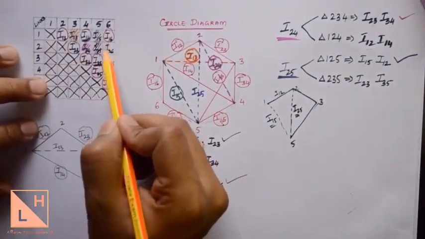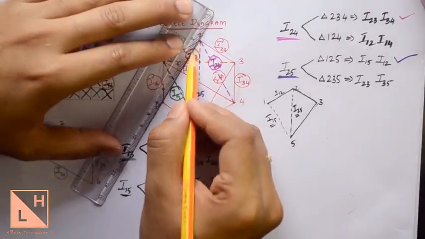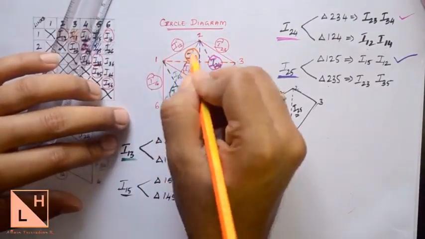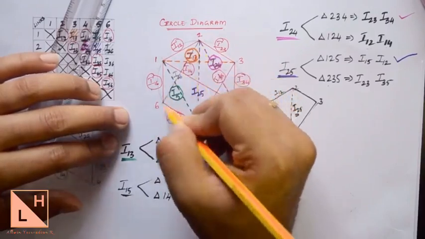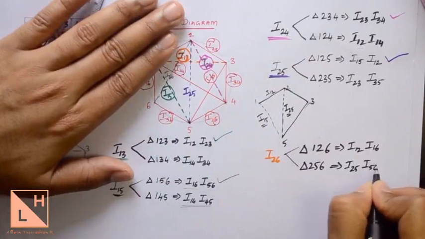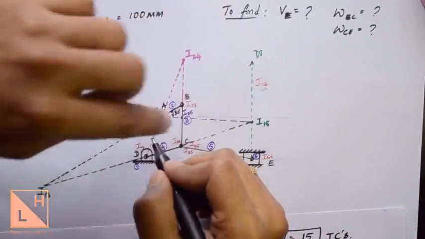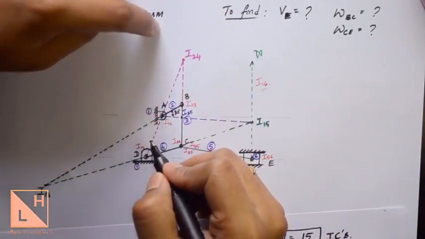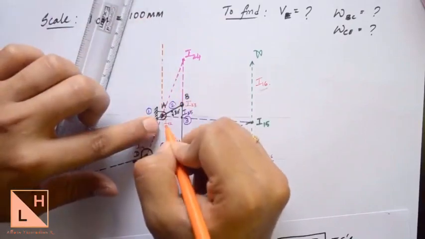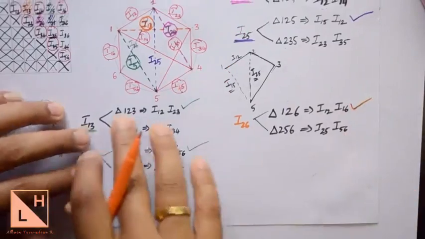The next IC is I26. So let us join the points 2 to 6. Repeat the process for the remaining ICs. Identify the two triangles that are formed because of joining that line. At infinity, it's not that you have to connect to this line. Remember, it is found at infinity. So if you draw a vertical line from here also, it will connect to the point I16. With connecting these two, next we need to connect I25 to I56.